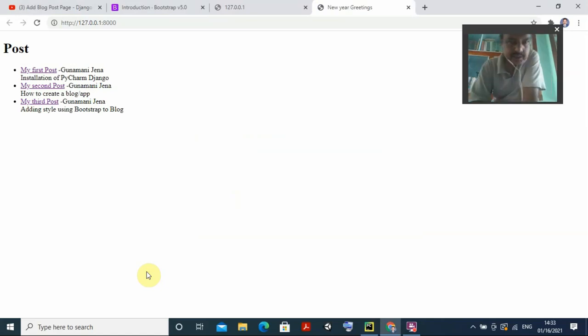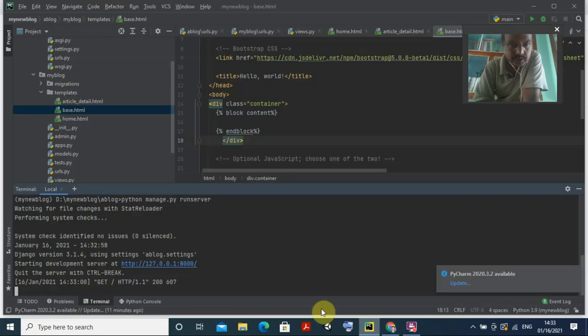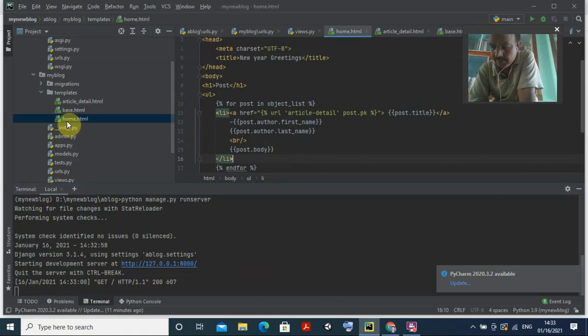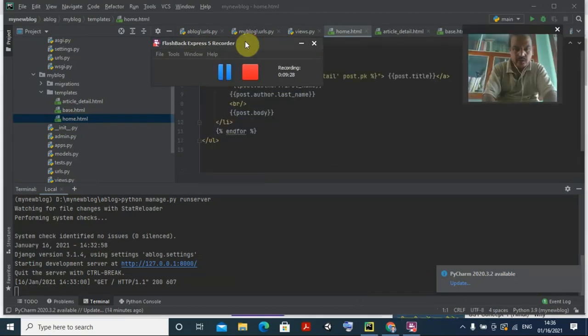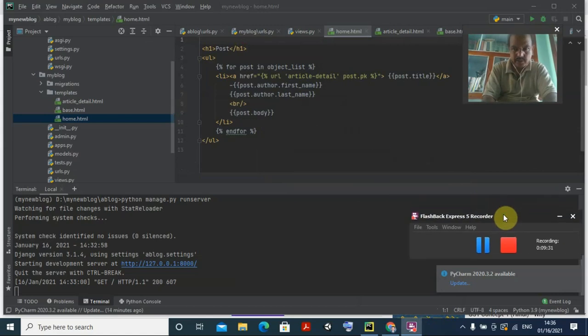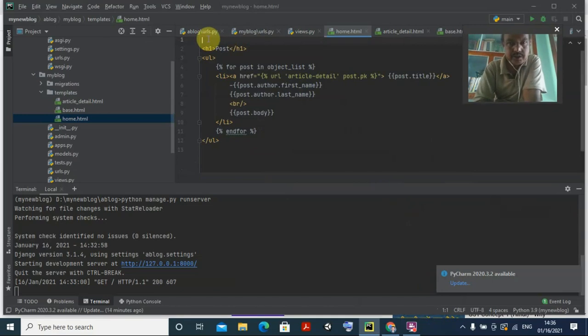Then where do we have to apply all these things? Now let us go back, because we have some pages like home.html. So go back to our home.html. In this home.html, we have to give a reference to this base.html. We want to apply all the things to our home.html, because I want to put the same template everywhere. The template I have provided is base.html, so I have to give a reference to this base.html here.